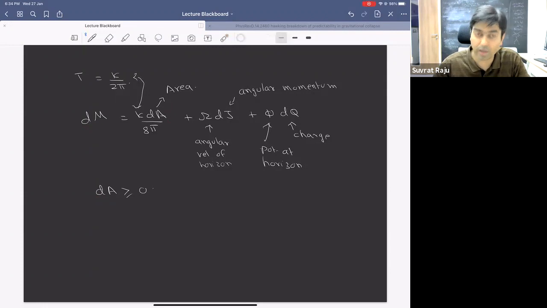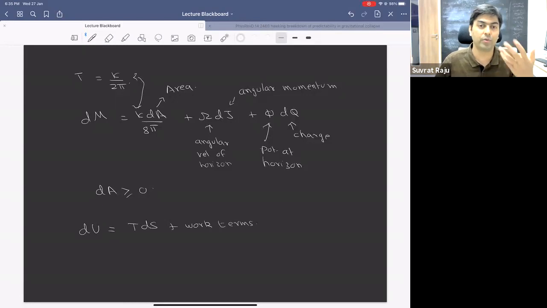And if you think about it, this mass, after all, you can think of it as the internal energy of the black hole. And this looks a lot like the laws of thermodynamics, right? And in thermodynamics as well, you would have exactly the same terms having to do with the angular momentum of a body or having to do with the electric charge. And there's also a second law of thermodynamics, which tells us that the entropy of an isolated system always increases. Now, before Hawking's derivation, if you just looked at these two parts, so these are laws of black holes, and these are laws of thermodynamics,